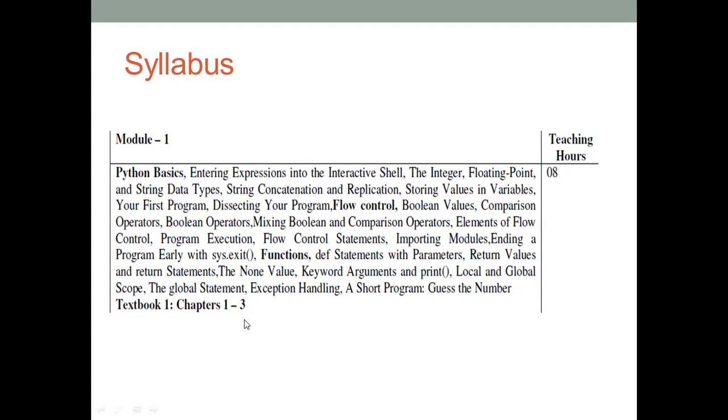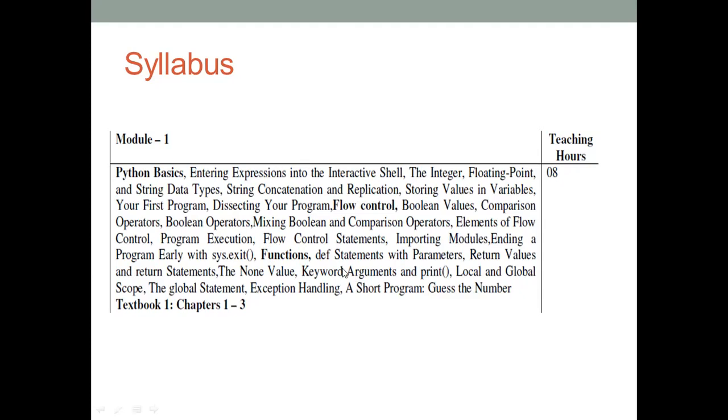And then the next one is functions. Functions you already studied in your C, and the same methods we studied in Java. But here, how to create a function, we use a different syntax. Here they introduce one keyword, def. By using that def keyword you can create your own functions.